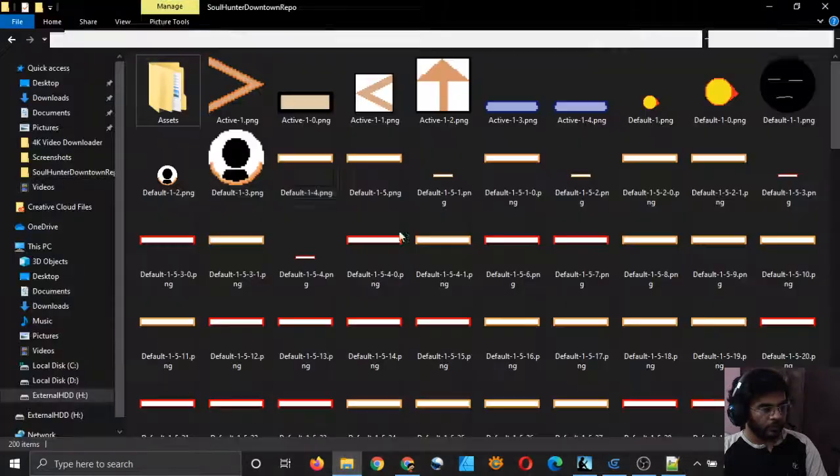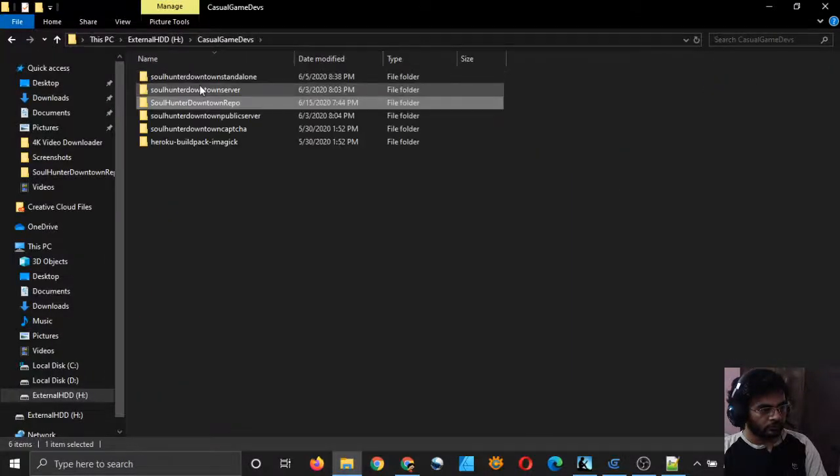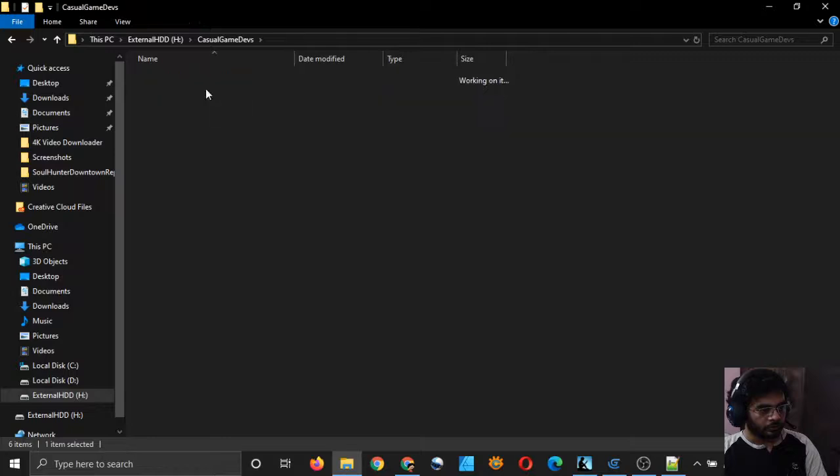So let's push these changes to the server.